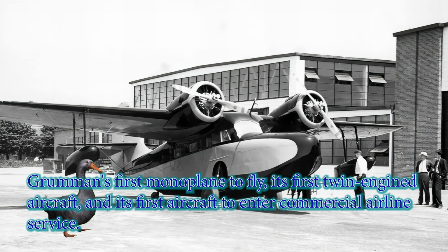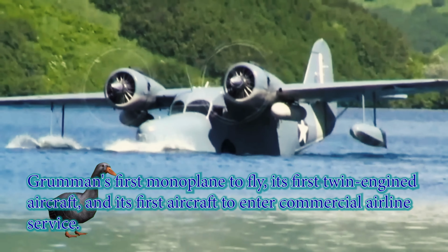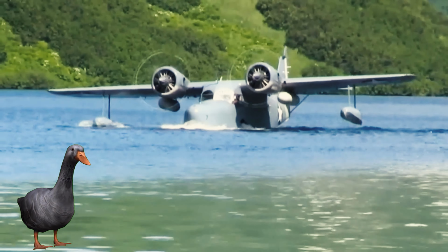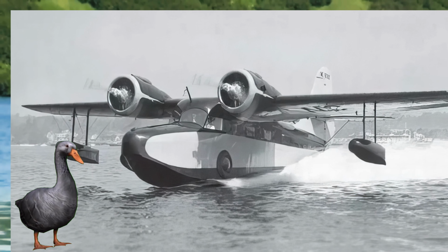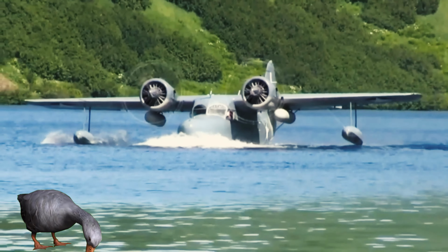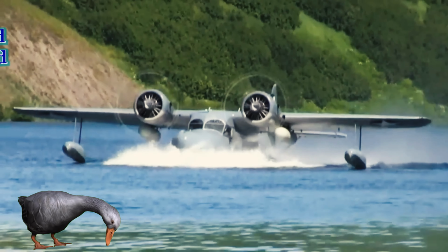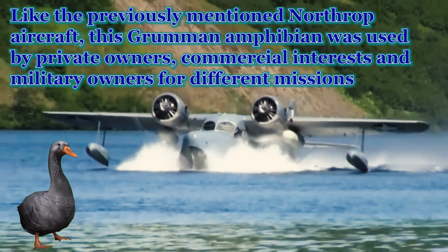This rugged go-anywhere amphibian was a twin-engine monoplane with a high wing and a hull that looked like a boat. It could take off and land on both land and water, making it perfect for those hard-to-reach spots. The first Goose took off in 1937 and quickly became a legend. It was tough, handled like a dream, and could carry a surprising amount of stuff. The fact that it could switch between water and land like it was nothing made it a hit with everyone: